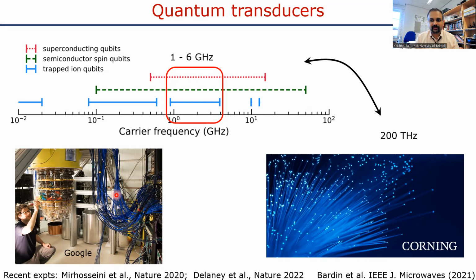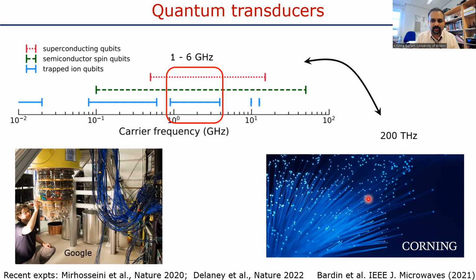That's because microwave RF cables are very lossy for quantum information. In fact, the only known way in which we can send quantum information over any distance is using optical photons. And that's what a quantum transducer does: it takes quantum states in the microwave domain and upconverts them into the optical domain, which allows you to now interconnect two distant qubits.